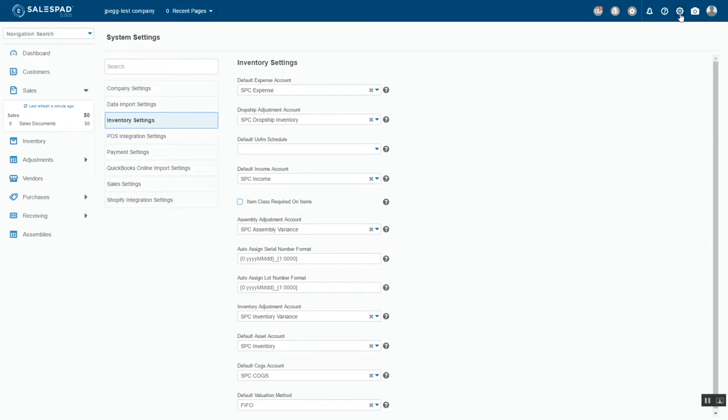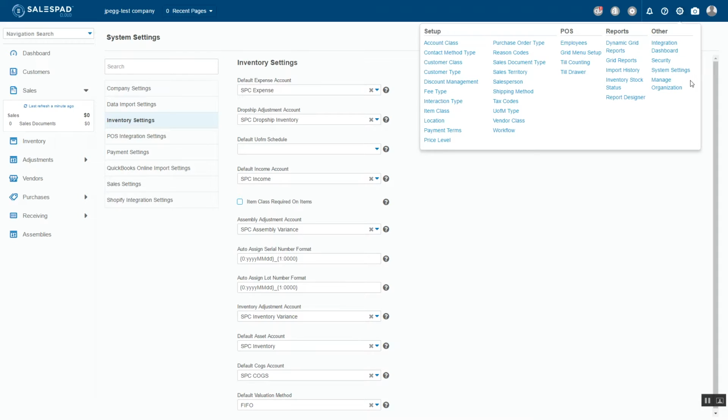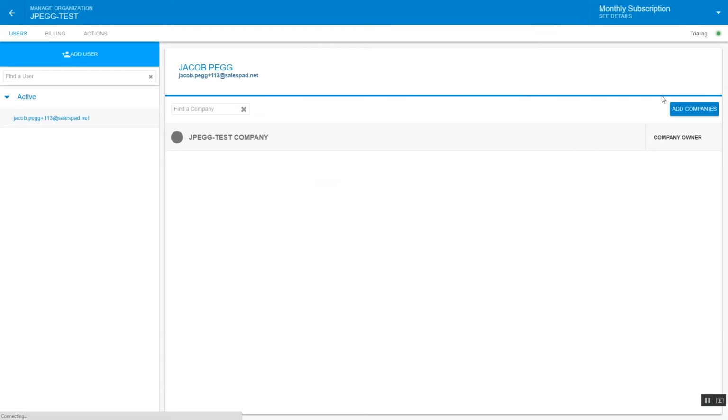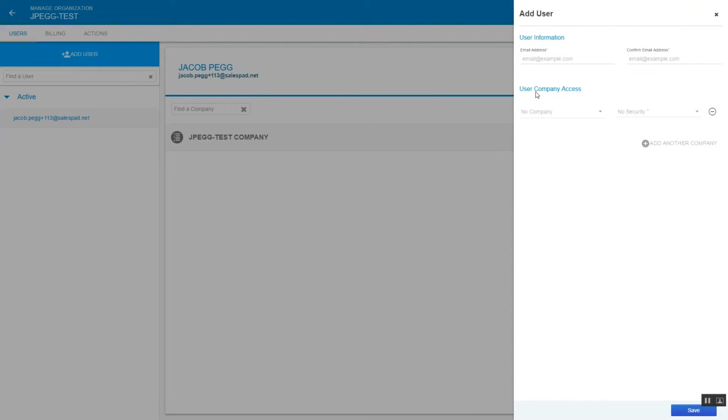So now that I have my organization and company set up, I can go to my Manage Organization screen. And again, only the organization owner, so the one that set up the initial organization, has access to this Manage Organization screen. And so this is where I can add new users. If I need to invite a couple additional users, I can type in their name or their email address, confirm that email address,